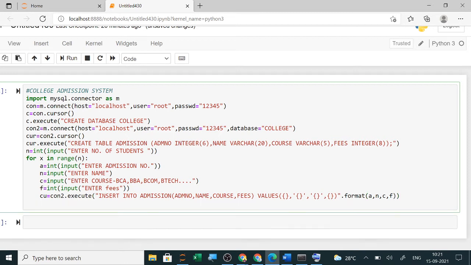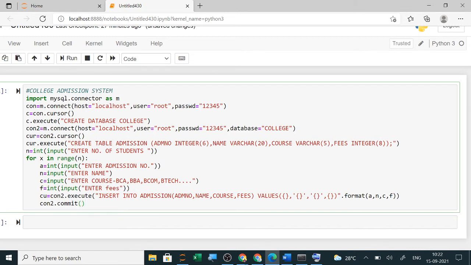Now whenever we insert, update or delete, we have to write commit, because if you don't use commit, the last data will not be shown. If you use a select query, the last updated record will not appear. So commit you have to write for permanently saving it. Whatever connection name you have used in connect, you will use dot commit. In connect you have used conto, so conto dot commit.